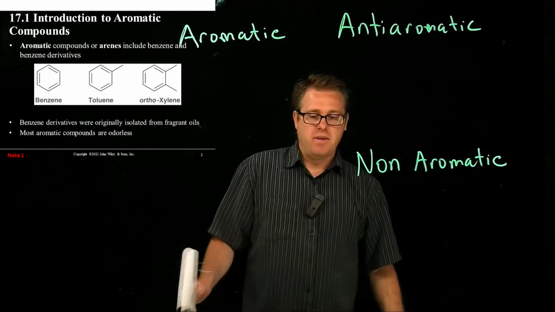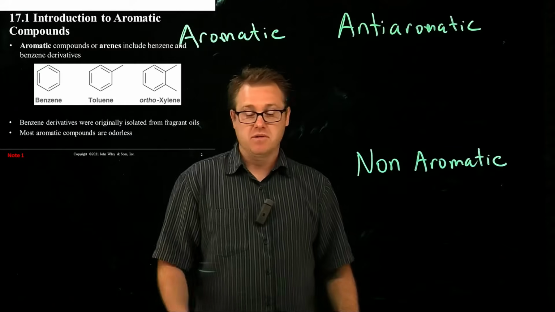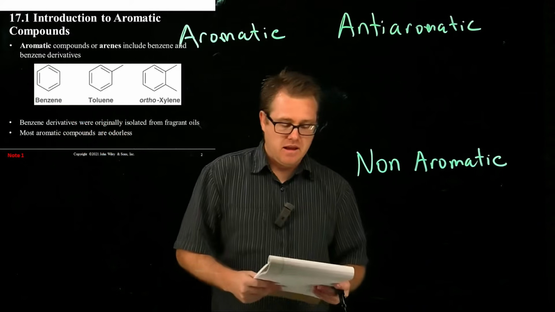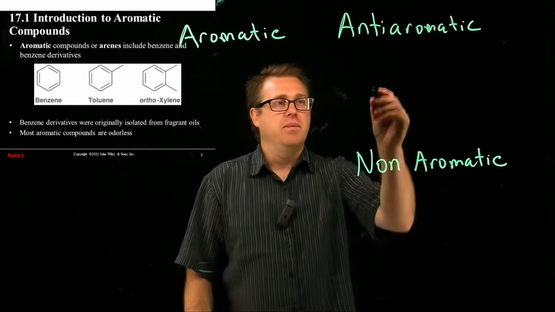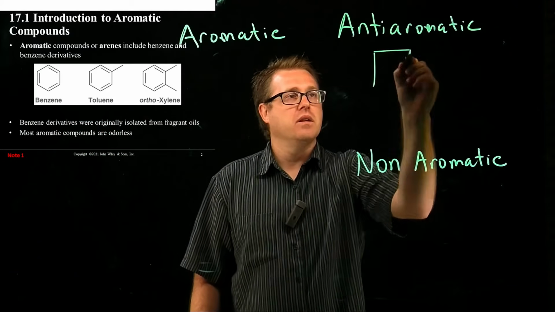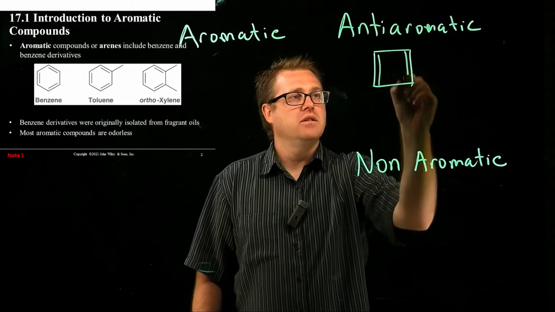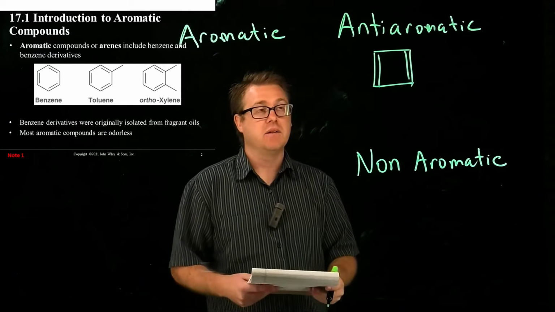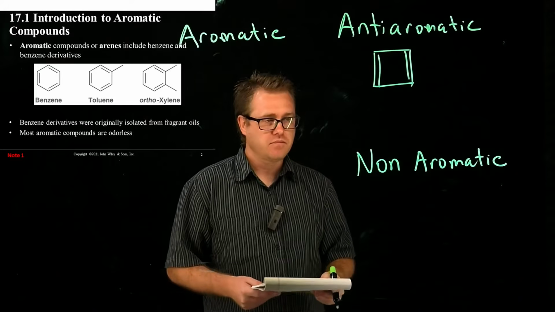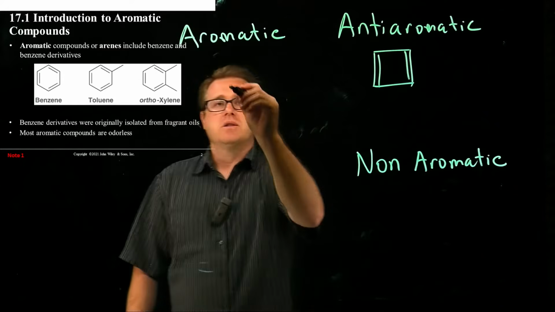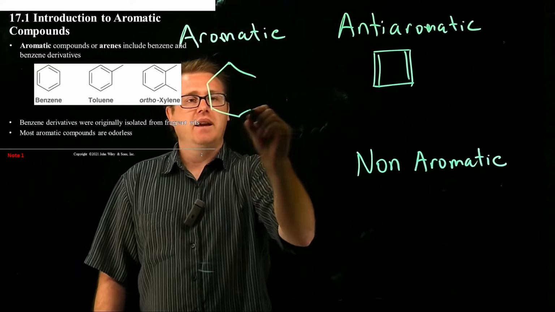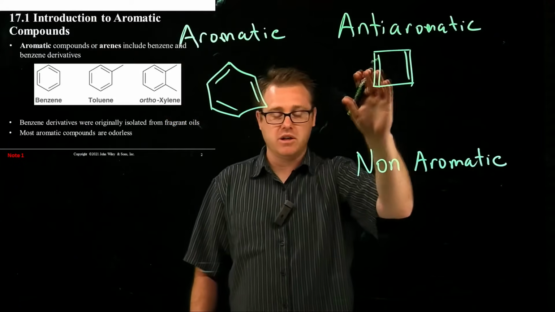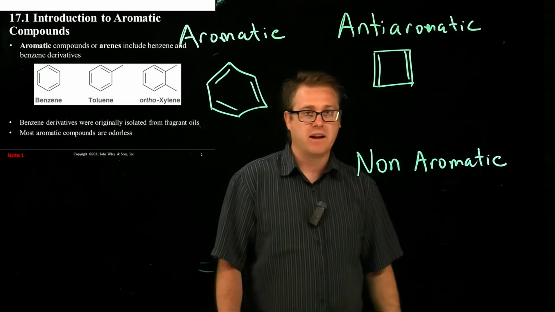So aromatic compounds, we've seen some examples of those. Those are shown right there on the screen, benzene and toluene. Some anti-aromatic compounds, cyclobutadiene. So we have aromatics, so benzene, an anti-aromatic compound, and we're going to talk more about what anti-aromatic compounds look